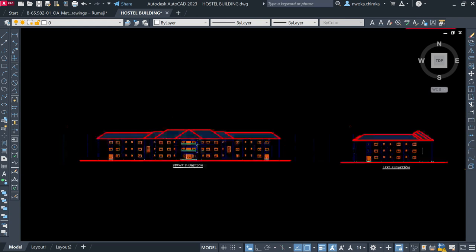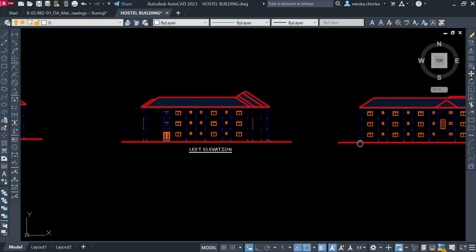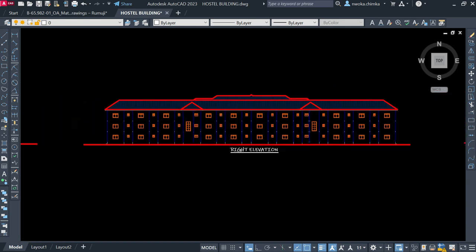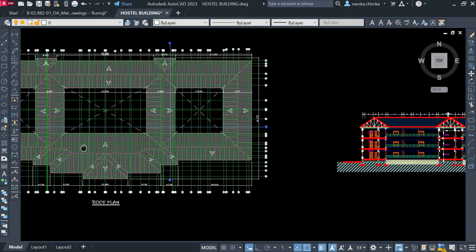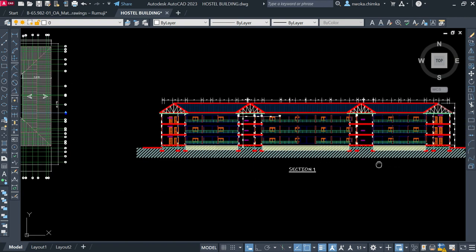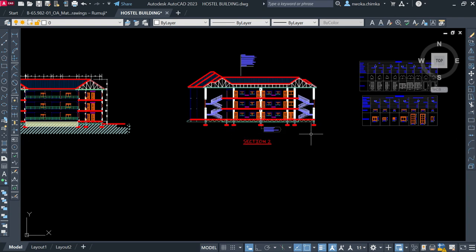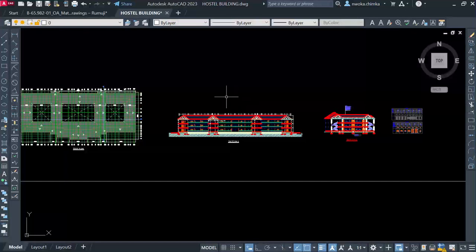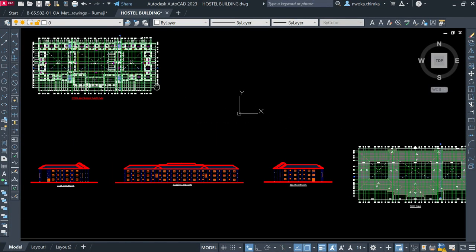And then you can also see the left view. You can see the left view here, and also the right view, and the back view, and the roof plan, and then the section, which is section 1, and also section 2, and then the door and window schedule. So this is a full architectural plan which we now want to begin to perform the structural design of this